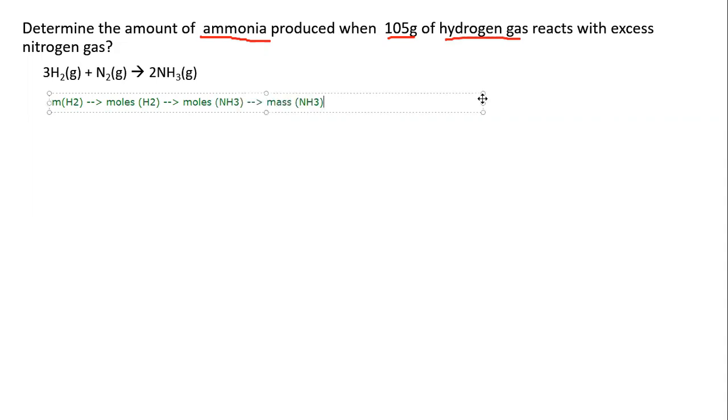So we're going to go mass to moles, moles to moles, moles to mass. We need a few molar masses for this problem. We need the molar mass of H2. And since we calculated it in the previous problem, I'm just going to put the molar mass, 2 grams per mole, and the molar mass of ammonia,